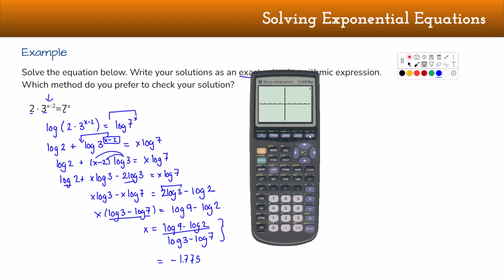Then I'm going to hit graph. We can see there's probably this intersection going on down over here. So I'm just going to use this. And sure enough, I get negative